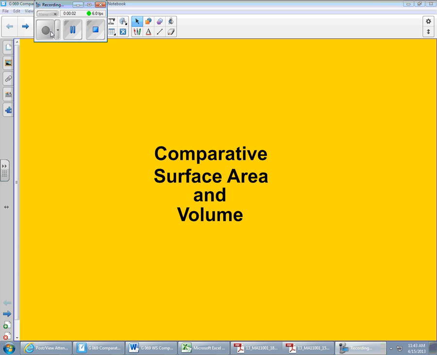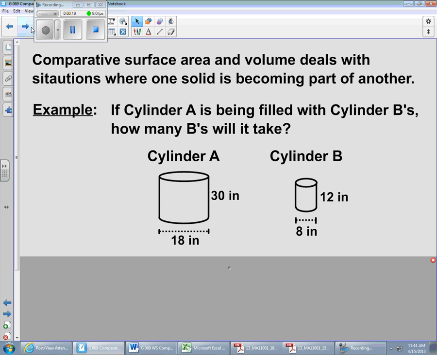Okay, today we're going to be looking at what I call comparative surface area and volume. Okay, a bit of review. It continues to use the information on surface area and volume that we've been using, just looking at it from a slightly different viewpoint. Okay. Now, comparative surface area and volume deals with situations where one solid of some kind is